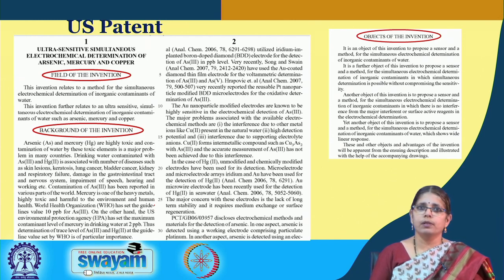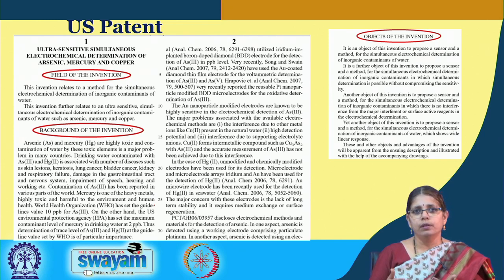So, for instance, in this particular case, one of the objectives is what? To propose a sensor and a method for what? For a simultaneous electrochemical determination of these contaminants in water. Then there are different other objectives of this particular invention,